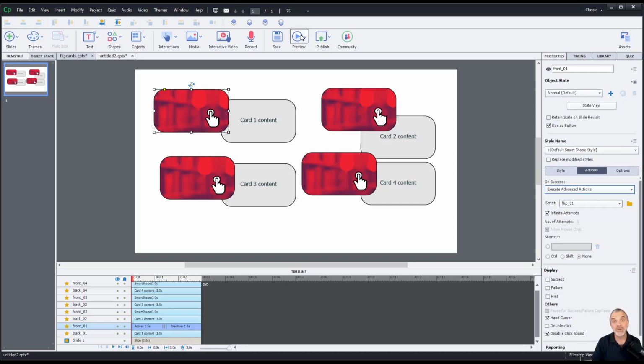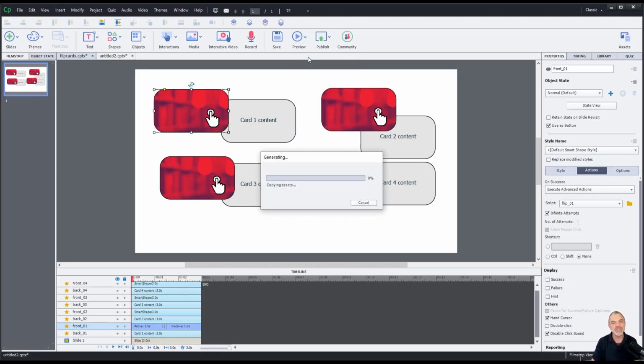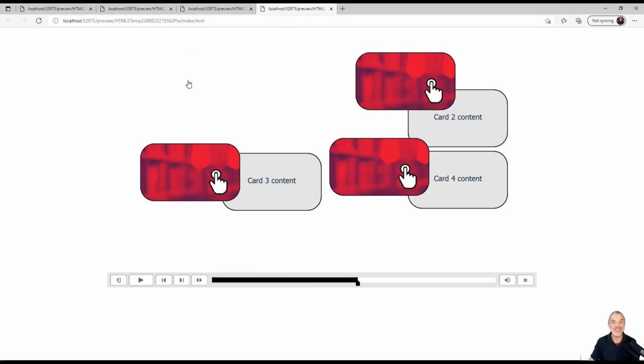If we now go into preview mode, because I like to test as I'm doing these things just to make sure everything is working as expected so far. So I click HTML5 in browser, and let's have a look and see what happens when we click on the front of the card. I'm going to get rid of that rollover shortly, but if I click, you'll now notice that both of those shapes are actually collapsing, but they're collapsing across the wrong axes, which is fine,